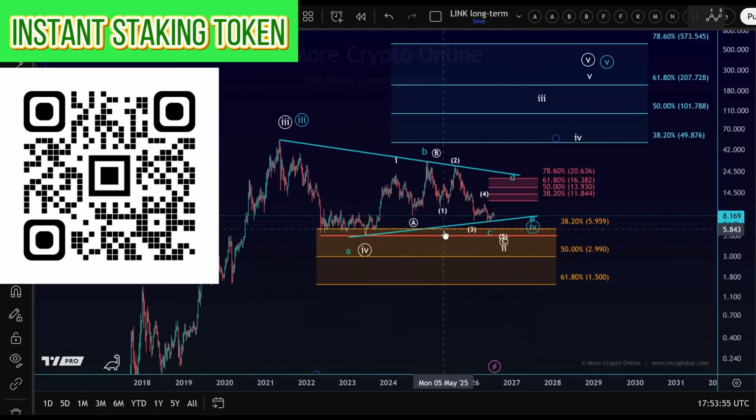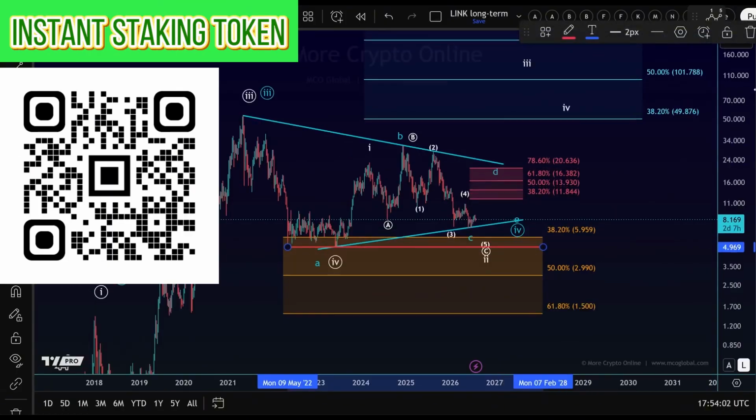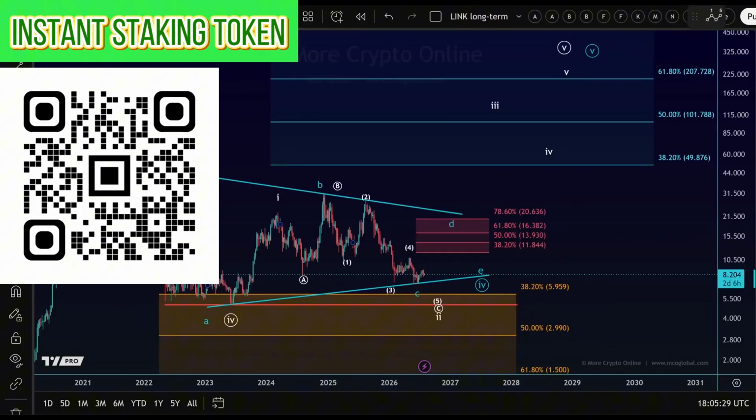But guys, the overall idea is currently we are still in a bear market in a correction. We have key support levels around $4.96. The correction is likely not over yet. And if the market moves up from here, $11.84 to $20.63 will be the next key resistance area to watch. We would need from the current price region, at the very least, a 5-wave move up to consider that a meaningful low has formed. And those projections to the upside, the ones that I mentioned, are just for initial guidance.